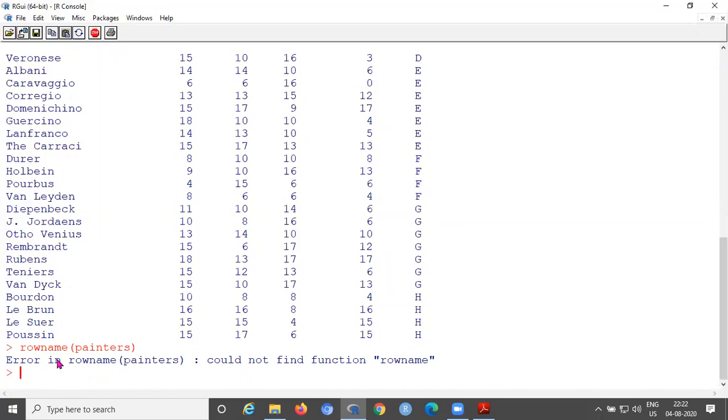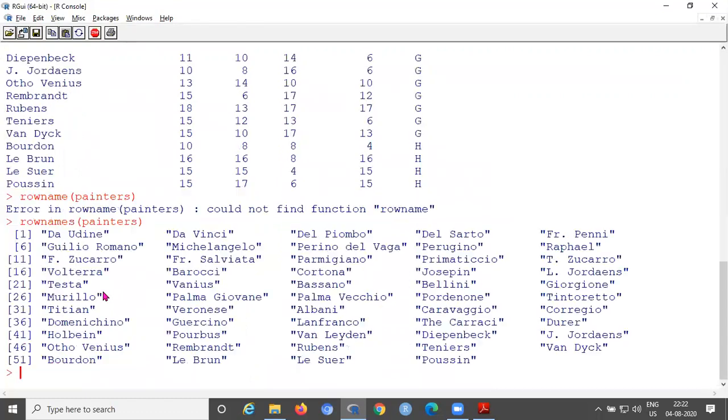You can make sure of the spelling. Here it is rownames, a plural we have to use. So we have to remember the commands carefully. Now you can see rownames within parentheses, the data set name painters. Now it displays only all the painter names.